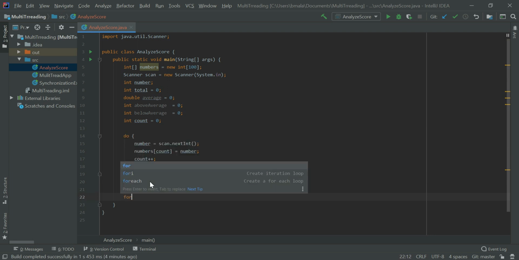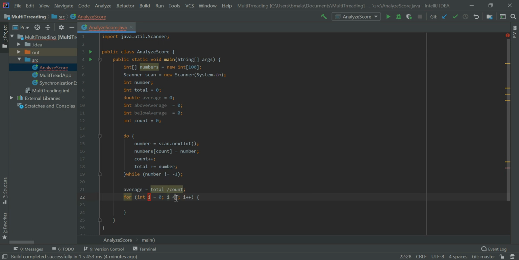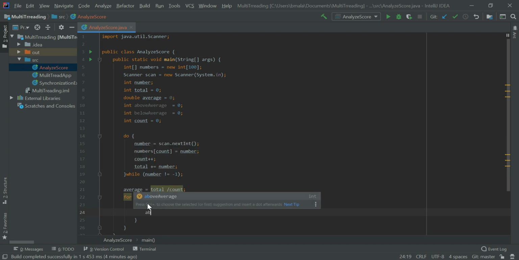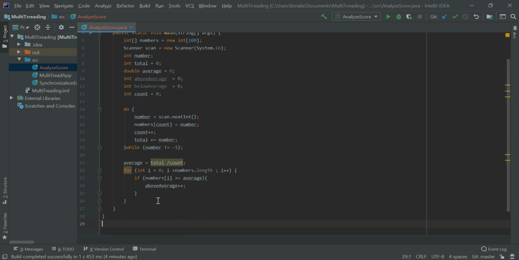So I will say get the whole array numbers length, and here we check if the number at that index is greater than or equal to average, then we increment above average by 1, and else we increment below average